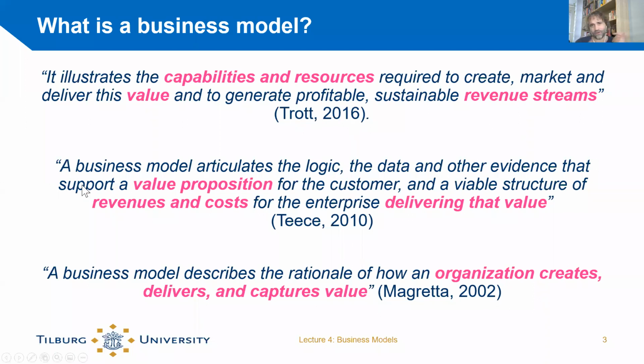So there are some formal definitions: the capabilities and resources required to create, market and deliver value and to generate revenue streams. Business model is the logic, data, etc., that supports the value proposition for the customer and a viable structure of revenues and costs for the enterprise, delivering that value. And the third one is a business model describes the rationale of how an organization creates, delivers, and captures value. So if you look at all these definitions, you see two main